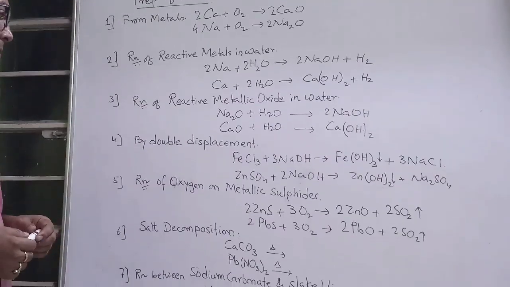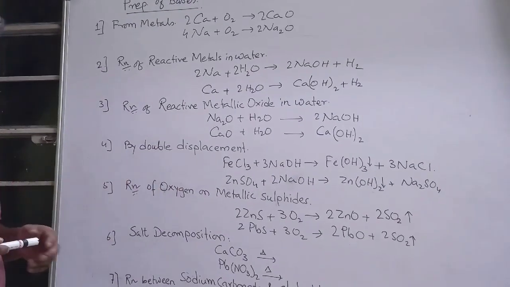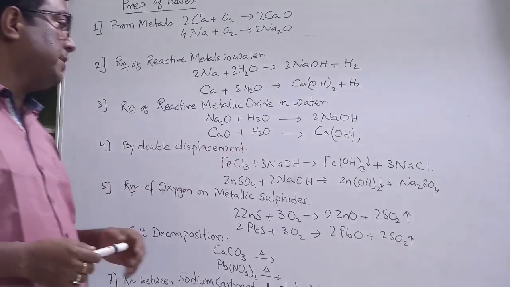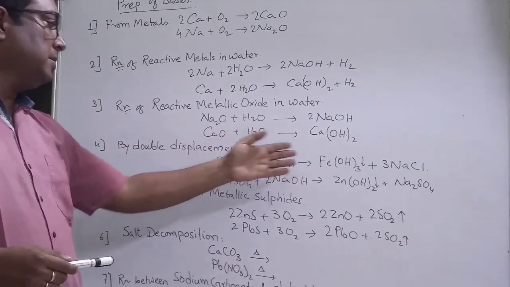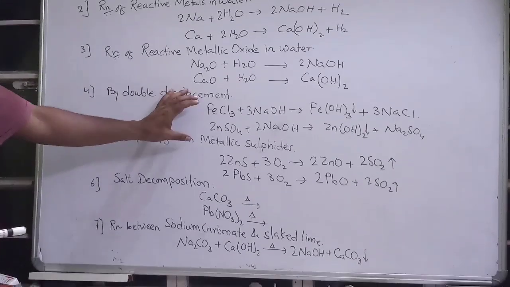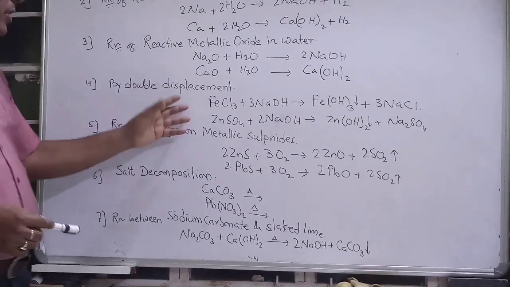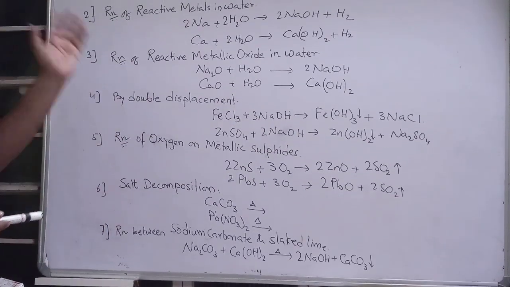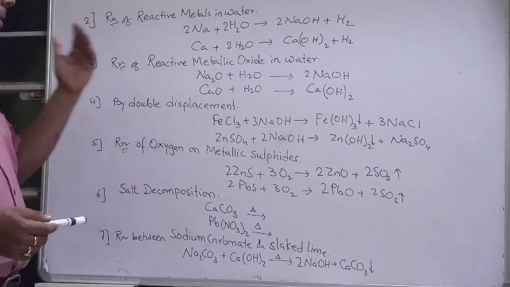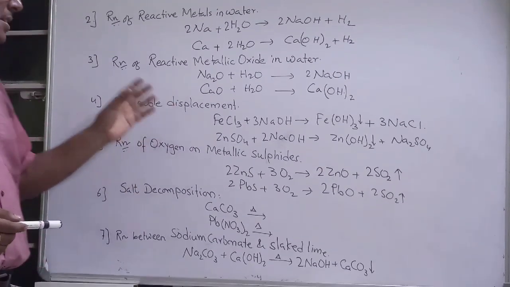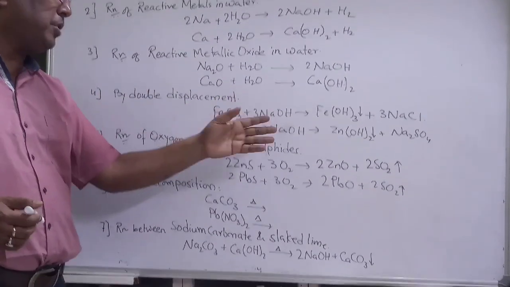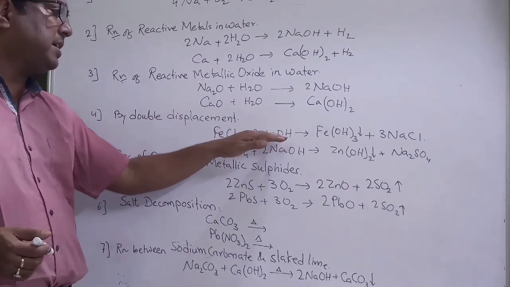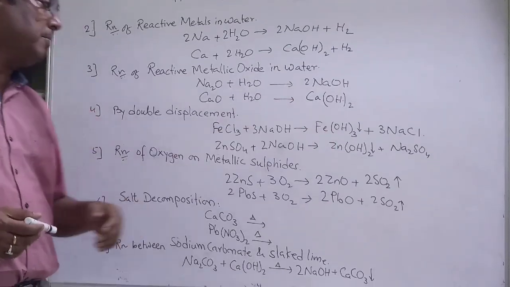By the double displacement method, which you have already done in analytical chemistry, with sodium hydroxide or ammonium hydroxide you can make the corresponding hydroxide from the salts. So students, you can see how we are going to turn the salt back into bases. Once we have shown in the preparation of the bases that they react with the acid to produce salt and water, again from the salt, they react with the bases to produce another base,